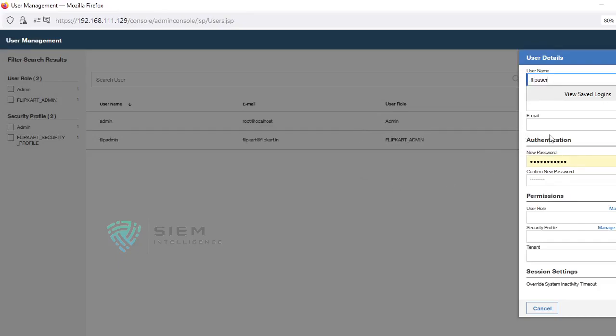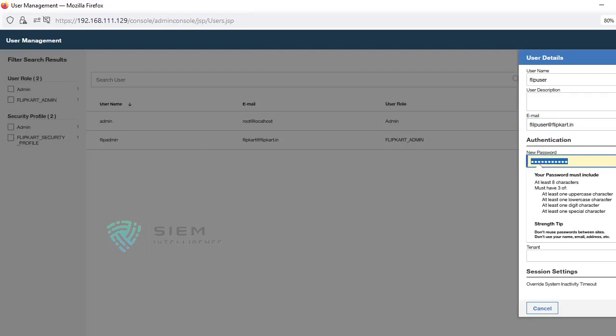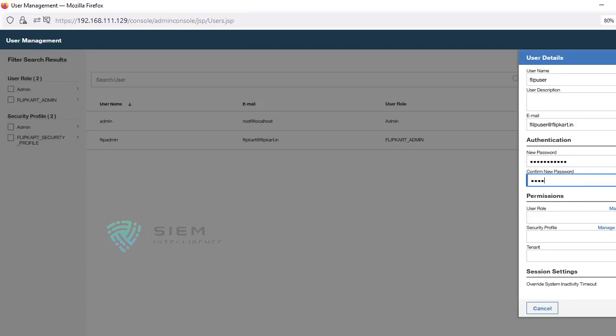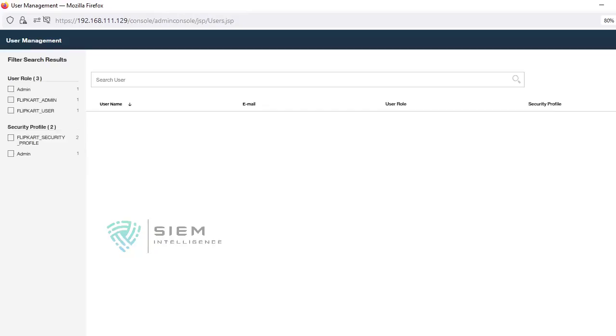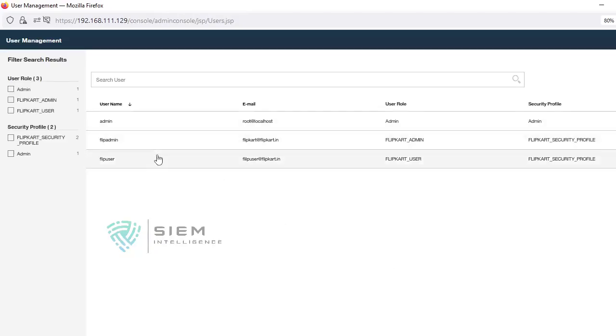So that you can come to know, the flip user at flipkart.in. It's not mandatory; the email name should not necessarily be Flipkart. If it is a gmail.in, you can also give that. That's up to you. Now here for the security role, instead of Flipkart admin, I am giving Flipkart user. Now the security profile is Flipkart security profile only, and the tenant automatically came. Now I save. See, these two have been created.